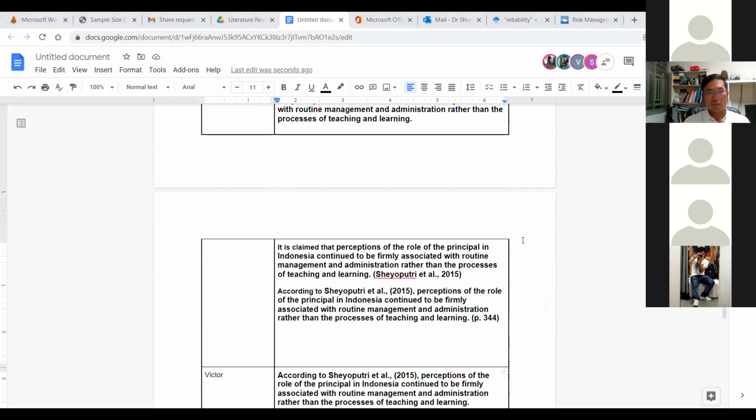And Probis wrote, Suminto et al. 2015 stated that the principal in Indonesia is correct. But Probis, you wrote only one style. I showed you 3 different styles. Now,